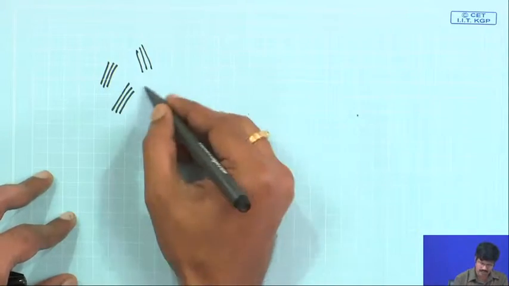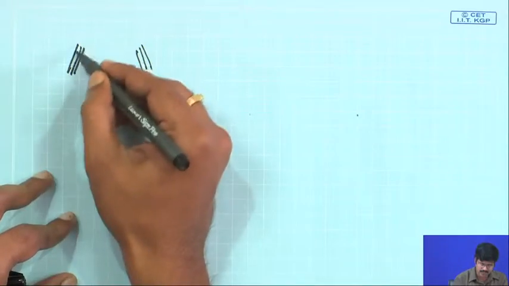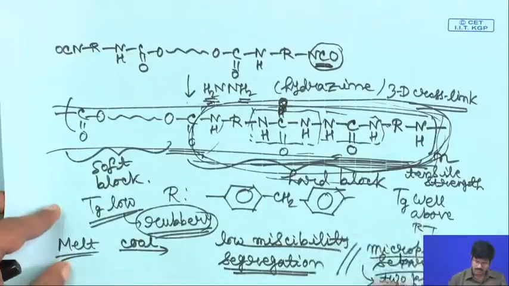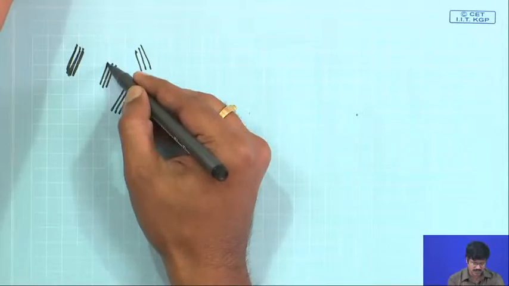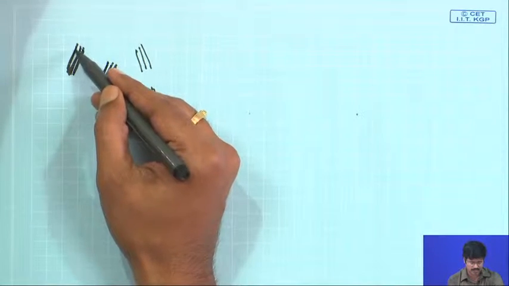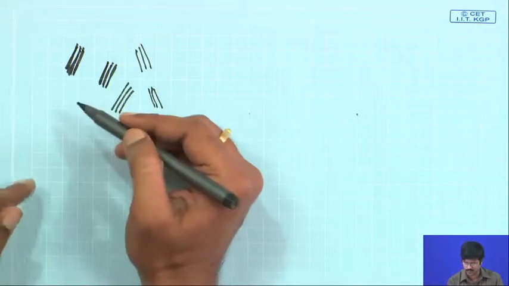I am just drawing it in a very simplified way. Now, these domains are basically this part, your polyurethane, this segment. So, let me say each rod that I am drawing is basically this particular block, and this rod is from one polymer chain, this rod is from another polymer chain, this rod is from another polymer chain,